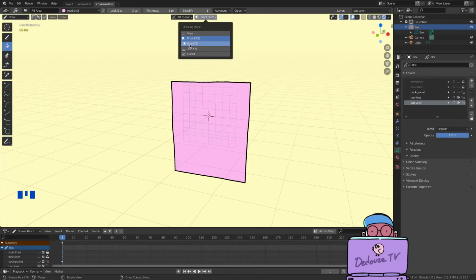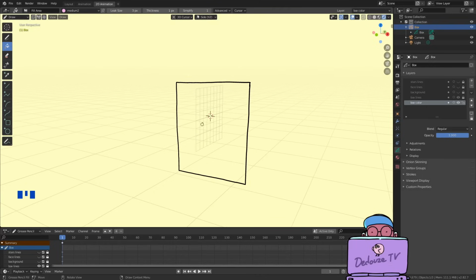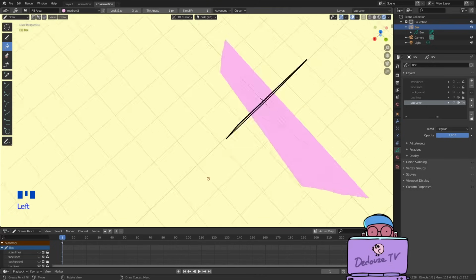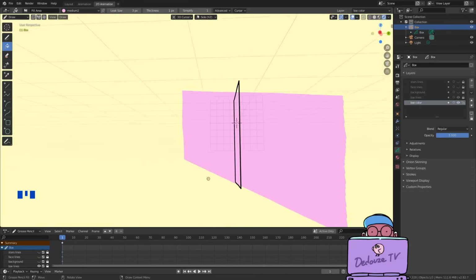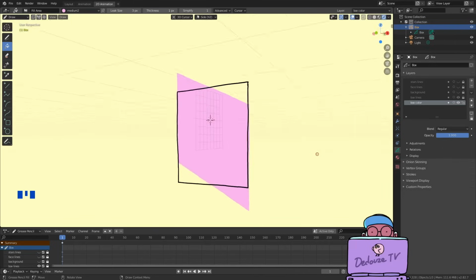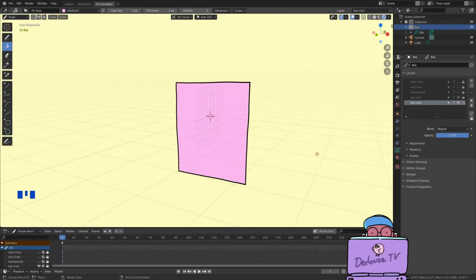Suppose the drawing was made in the front orientation, but later for some reason you have switched it to side. Now you paint in the shape and it seems that it's filled correctly, but if you rotate, you see it's actually drawn on a perpendicular plane on the side view. It just looked right from your view, but it was an illusion. So beware to always check the position and orientation of the canvas when you draw and when you paint.